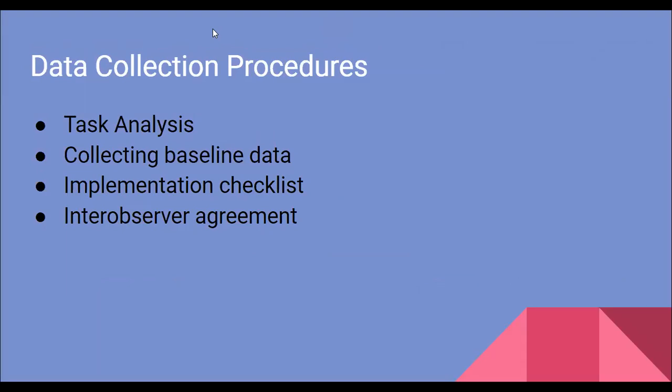You could also use a data collection sheet to mark down steps completed correctly and which ones need prompting. In this case, the prompt hierarchy steps can be used with most-to-least prompting. Most-to-least prompting entails full physical prompt, in which the instructor uses the hand-over-hand prompting to help the individual complete the skill. The next prompting is partial physical, in which the instructor guides the person's hands to the next skill.